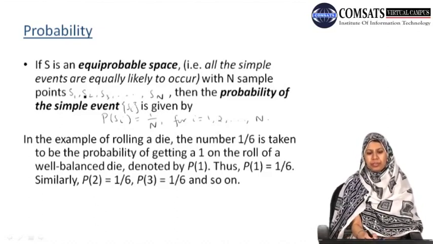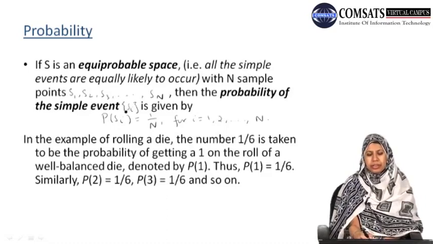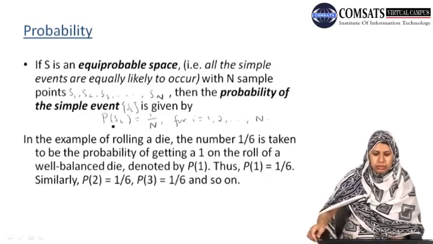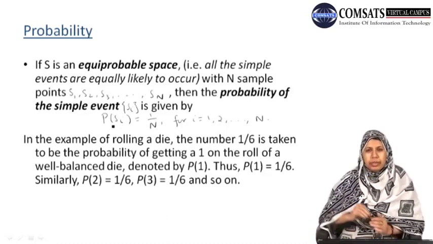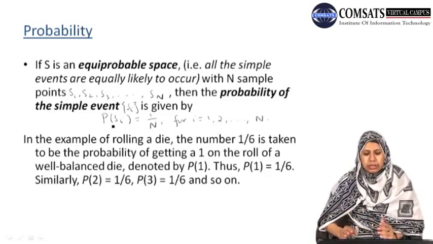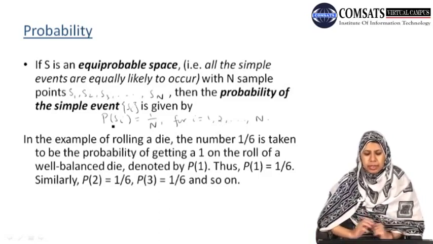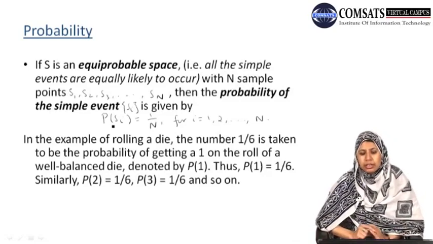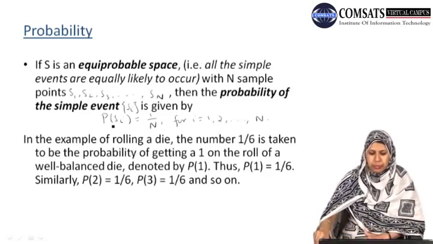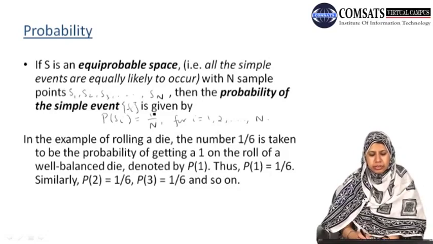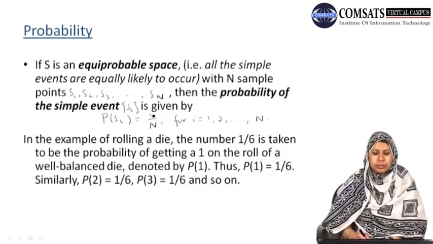And the probability of a simple event or any event, simple or compound, is denoted by this capital P. That is, by performing the experiment n times, the chance that this sample point will occur is 1. So the possible outcomes is 1 divided by the total number of sample points.